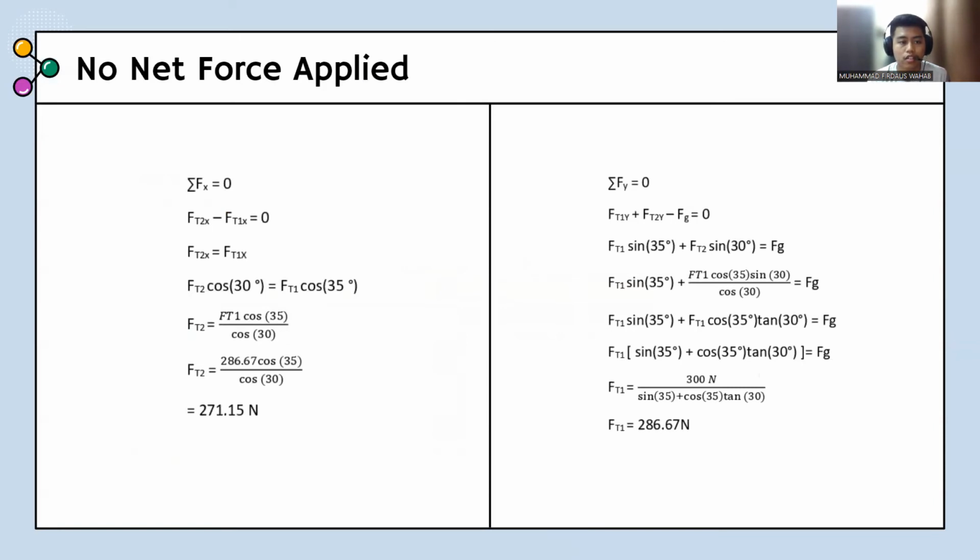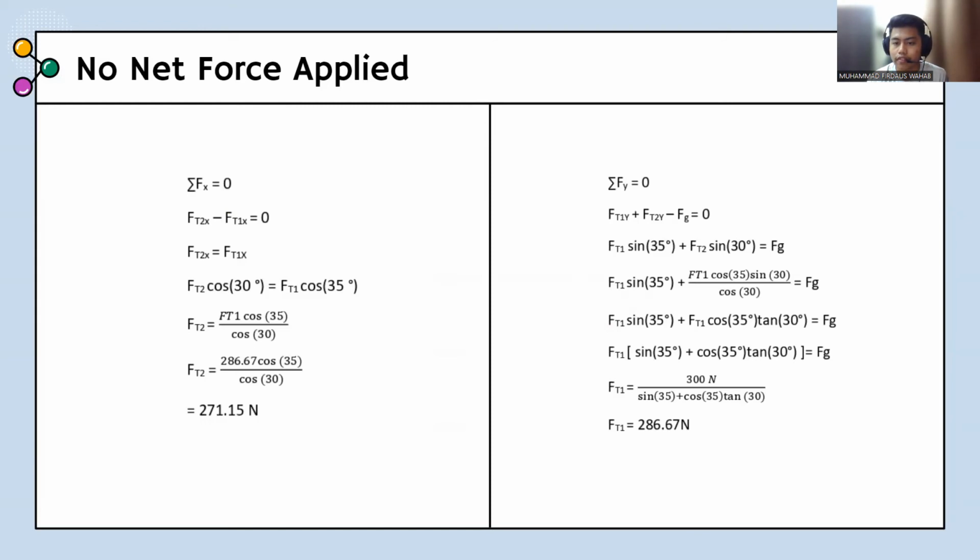So for the summation of Fx equal to 0, Ft2x minus Ft1x equals 0, and then Ft2x is equal to Ft1x. So for Ft2x it is Ft2 cos 30, and Ft1x is Ft1 cos 35. And then we leave it as Ft2 equals Ft1 cos 35 over cos 30, and we make it equation 1. Then we simplify the summation of Fy, which is Ft1y plus Ft2y